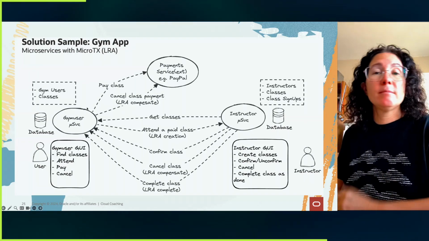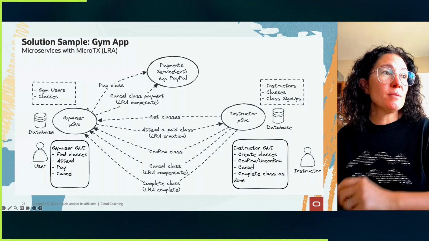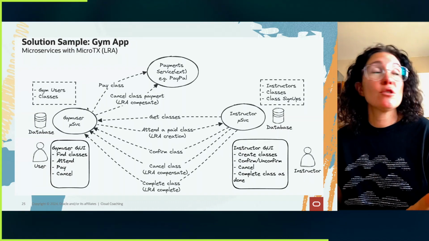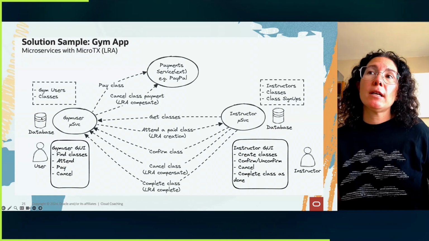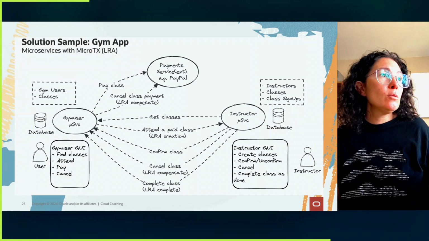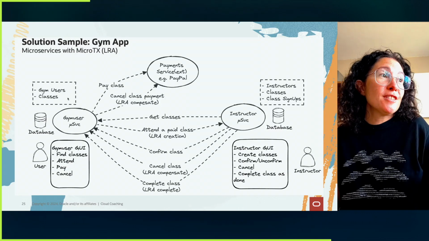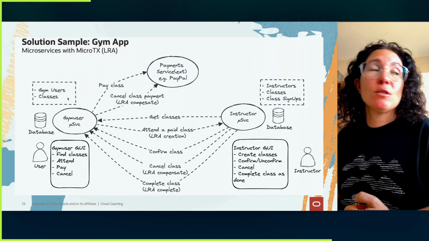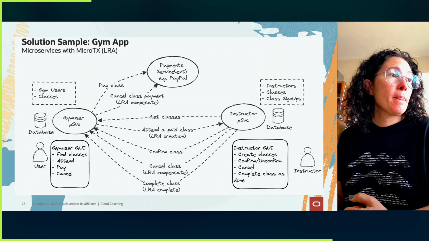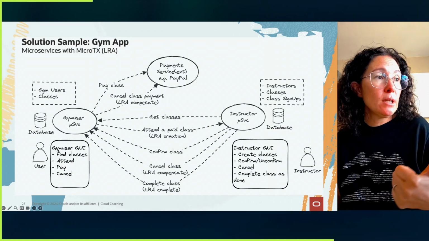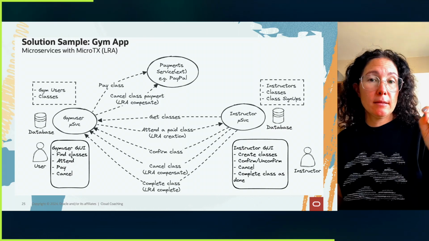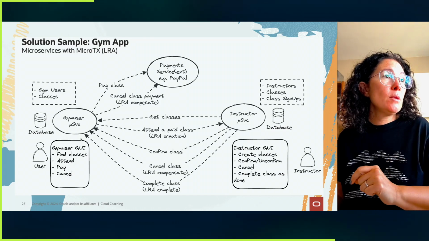In parallel, we have the gym user, again another microservice in Helidon. The gym user also has a database. What do we store in the database? What users and what classes the user has registered. There's also a user interface where the user can find new classes, can select the classes, and to make it a little more interesting,